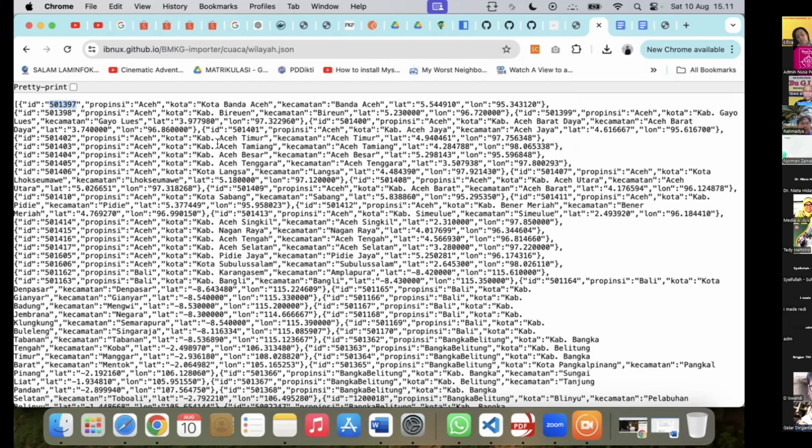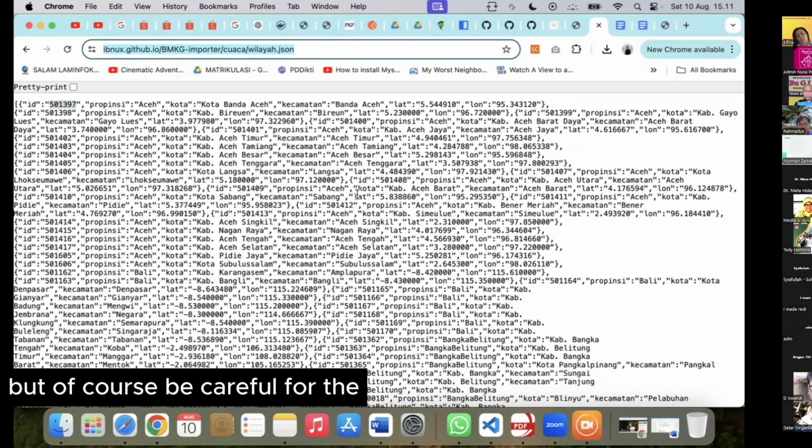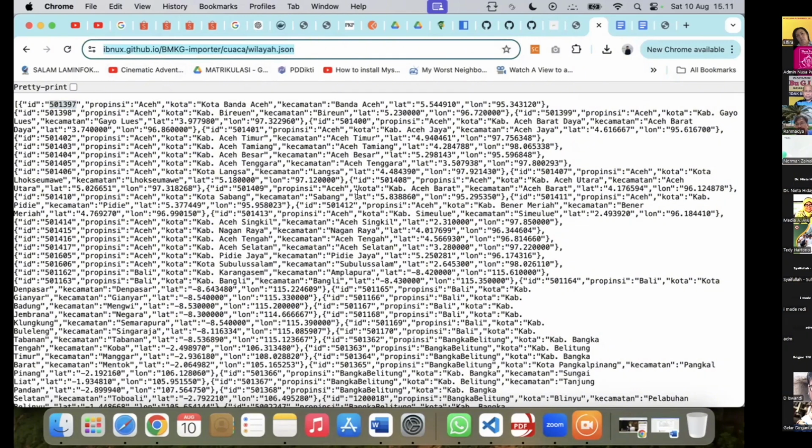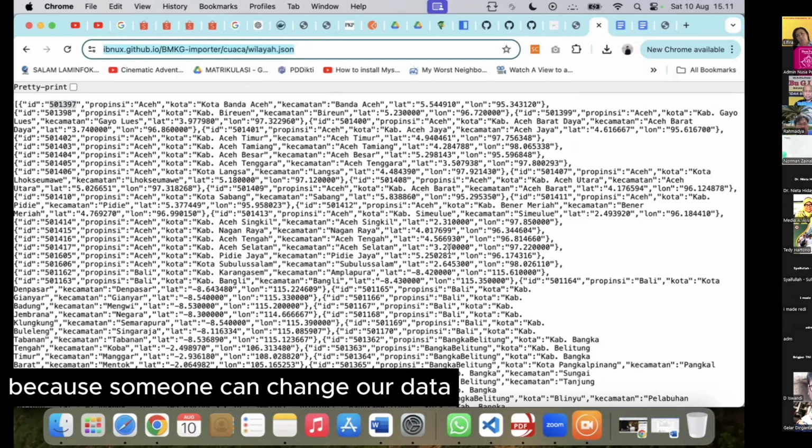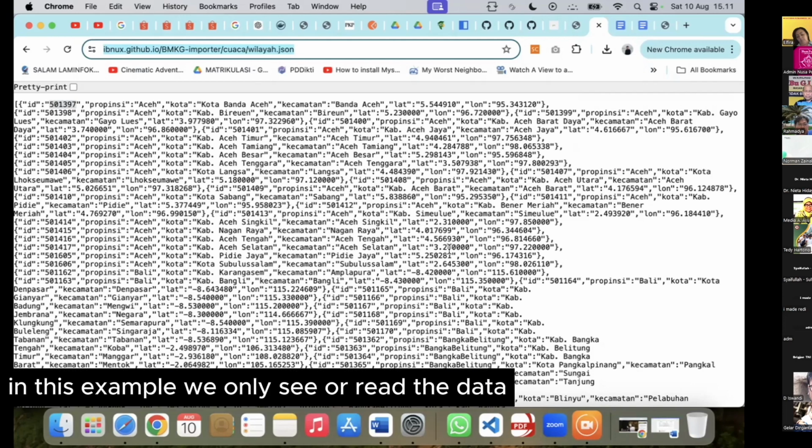Create, read, update, and delete. But of course, be careful with the API to manipulate our data, ya, because someone can change our data. In this example, we only see or read the data.